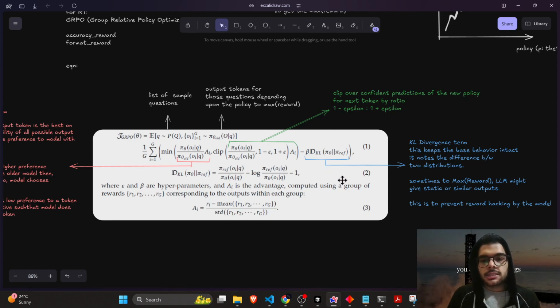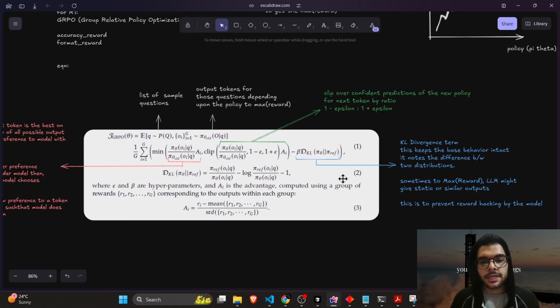And then there is the KL divergence term which we subtract from this objective, which is basically to measure the difference between two distributions. What happens is that when a model tries to maximize the reward, it might find a hack by which it can get the maximum reward.